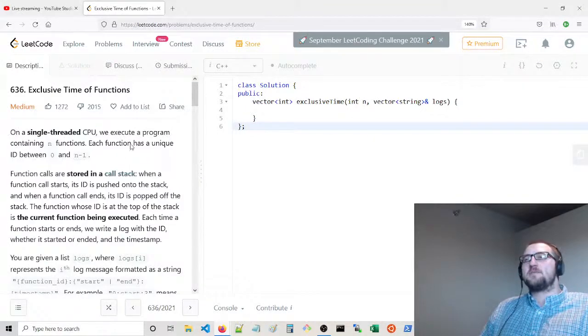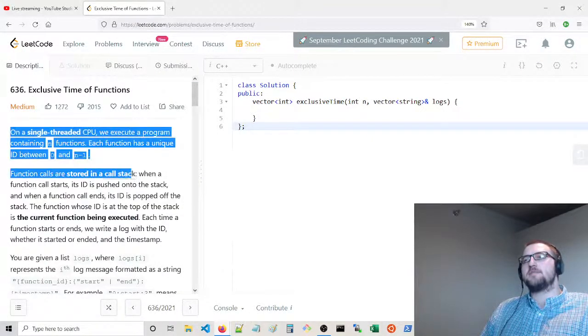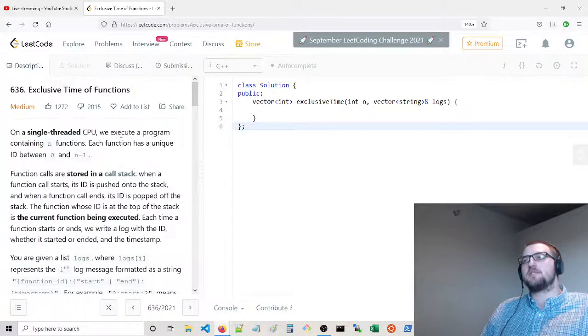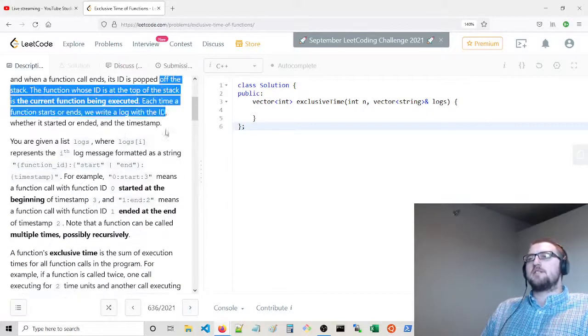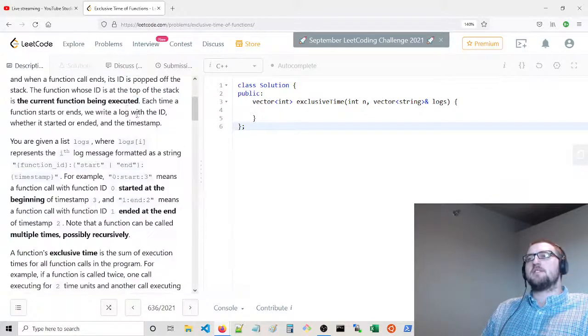A single-threaded CPU, we execute a program containing n functions. Each function has a unique ID between 0 and n-1. Function calls are stored in a call stack. When a function call starts, its ID is pushed onto the stack. When a function call ends, its ID is popped off the stack. The function whose ID is at the top of the stack is the current function being executed. Each time a function starts or ends, we write a log with the ID, whether it started or ended, and